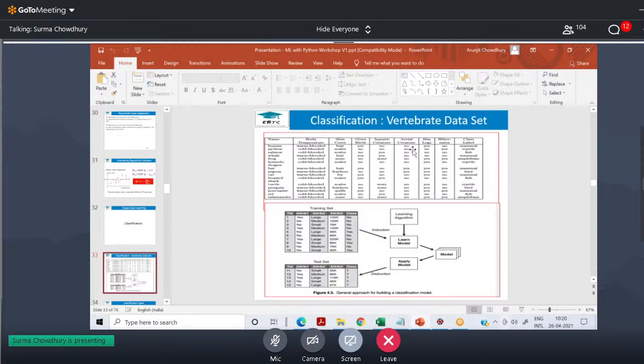Your class label is your dependent variable, and that class label depends on the combination of the other features. So this is a classic example of a classification data set. Name, body temperature, skin color, gives birth, everything else are independent variables. Only the class label is the